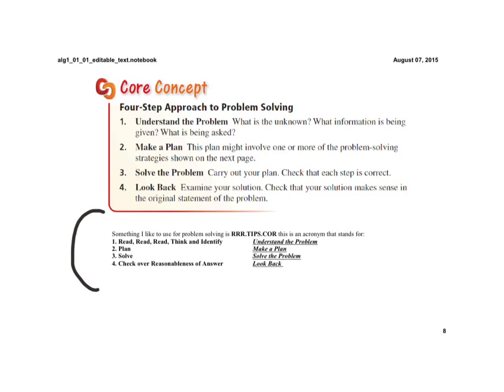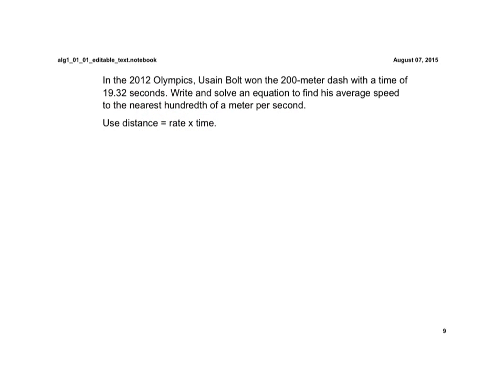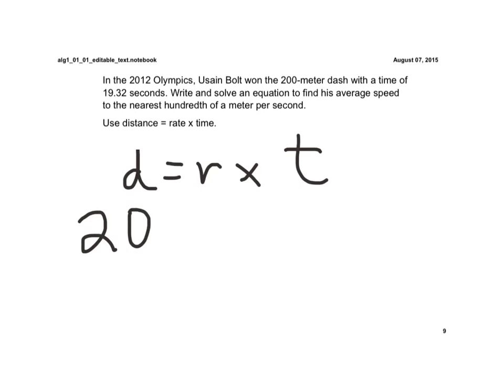that you encounter. So here's the first problem. It says in the 2012 Olympics, Usain Bolt won the 200-meter dash with a time of 19.32 seconds. Write and solve an equation to find his average speed to the nearest hundredth of a meter per second. So we're going to use the formula distance equals rate times time. Well, the distance is given to us as 200 meters. The rate we don't know, but the time we know is